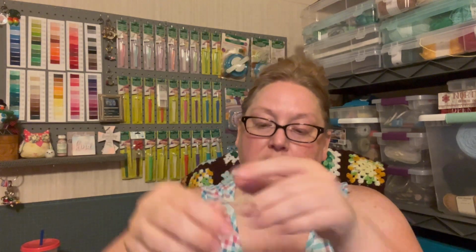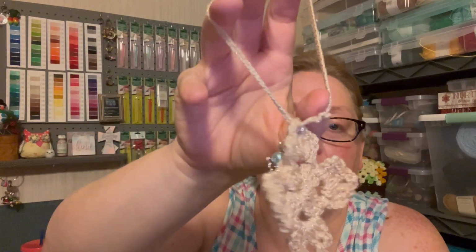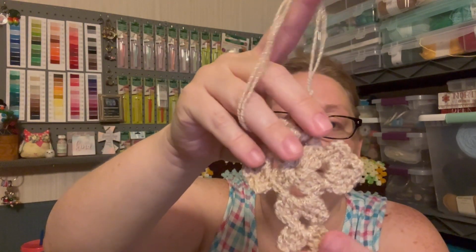And then she also sent me this beautiful cross, and attached to the cross is this angel stitch marker. And she did say that she didn't make the stitch marker. Yes, she made everything else. So thank you, Rebecca. I am going to hang this cross downstairs, and that's the first thing that I thought of when I seen